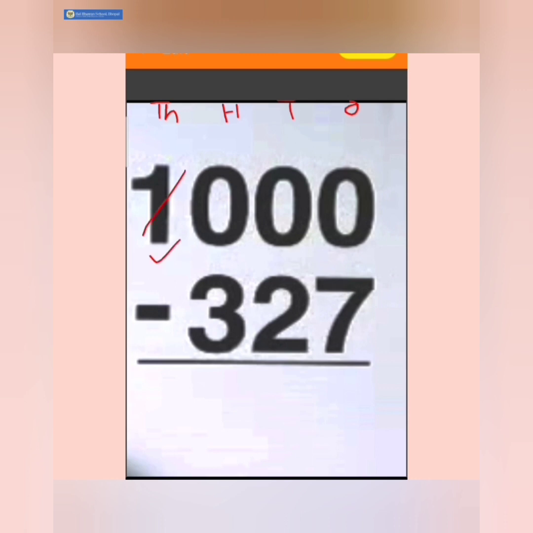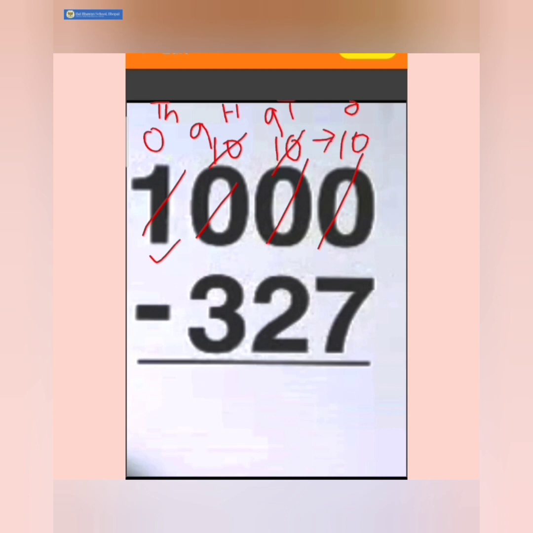This will be reduced by 1 and become a 0, and this will be increased by 10. Now this 10 will be reduced by 1 and become 9, and this will be increased by 10s. Again this will be increased by 10 because this will be reduced by 1 and give this a tens.